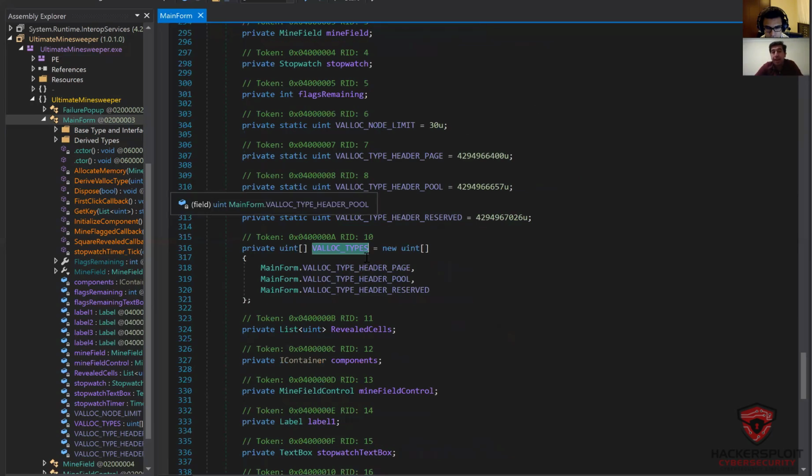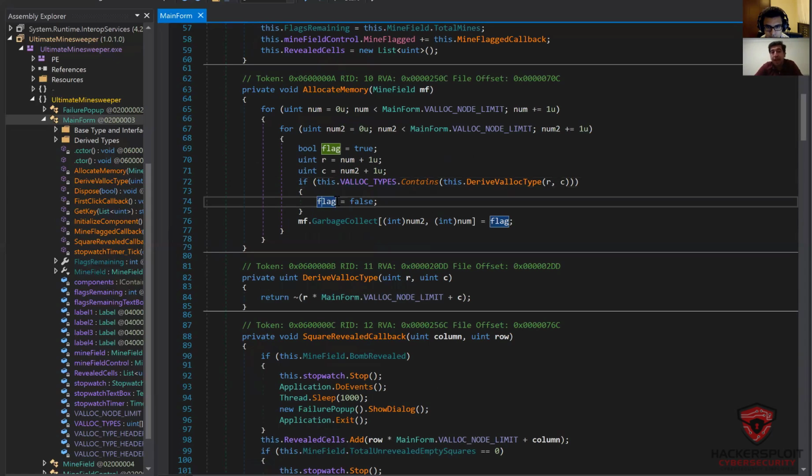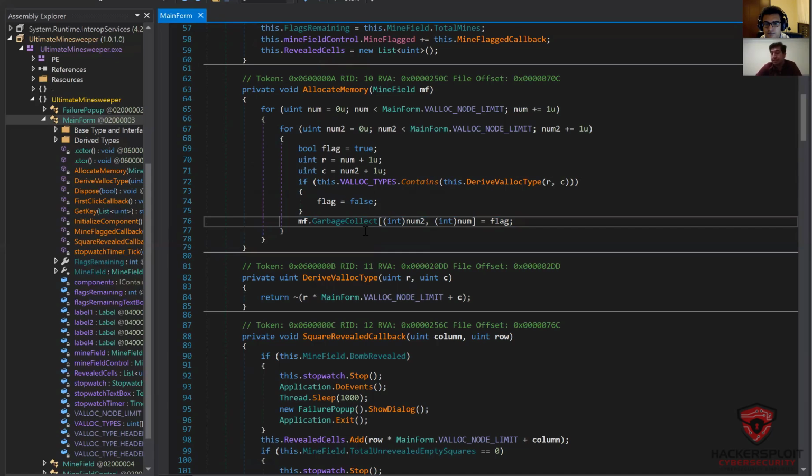If it's contained in one of these values, if it returns one of these values, it sets the flag to false. So it sets it to be safe. So there's no bomb. And then here, it basically sets this as a safe cell. So here, what we can do actually is that we can set a breakpoint into each one of these,